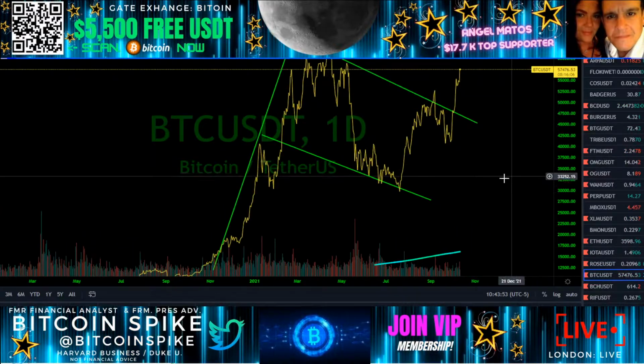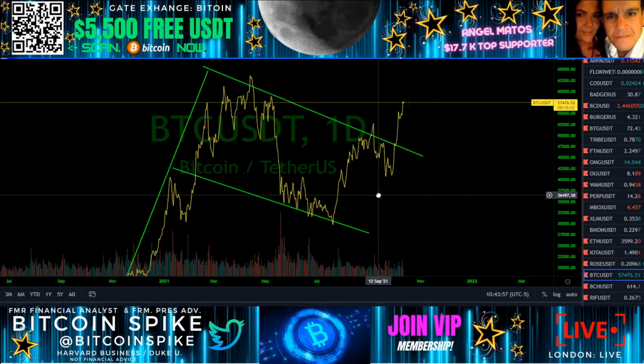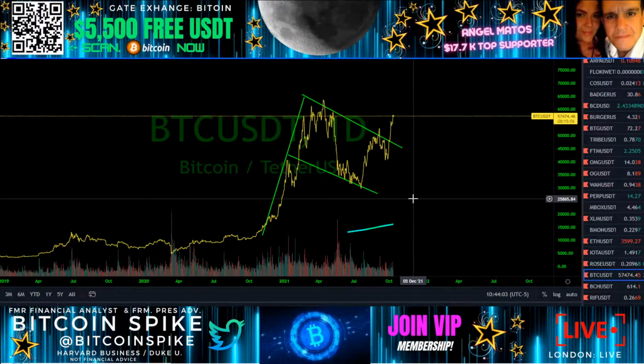You guys know we caught this lower level here in the back room. It was an ascending triangle. We look for those ascending triangles. They're just huge, guys. And this overall bull flag, I'm not sure who else is discussing it, but I'm looking at this to see if the market can pick up on it,